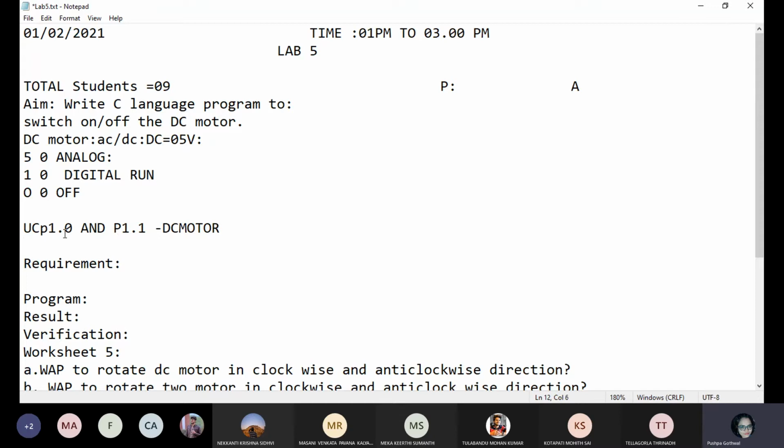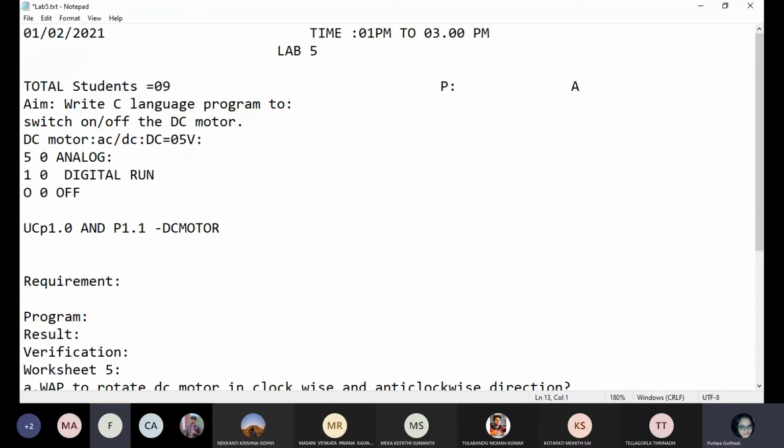Anybody can respond? No, ma'am. Why? Because the DC motor's current and voltage rating is more than what the controller IC supplies. So in between the motor and controller we have to introduce a driver. That is called a motor driver.